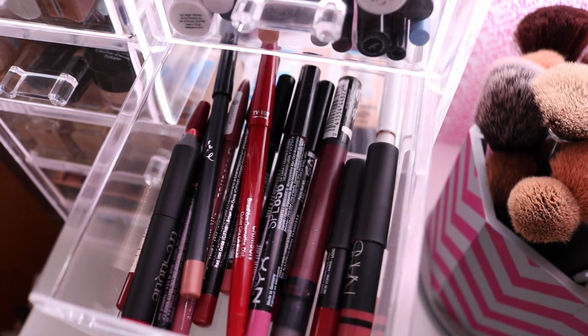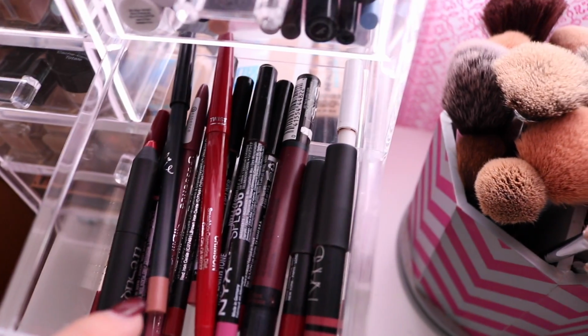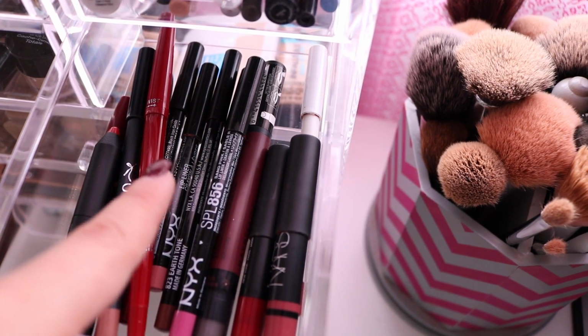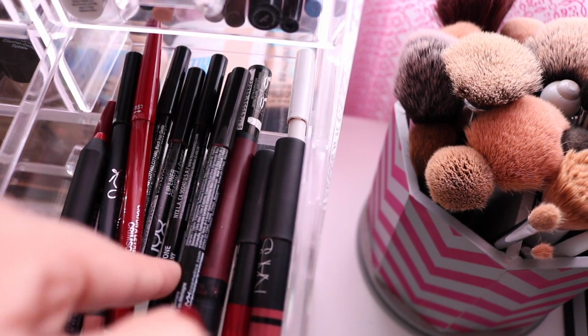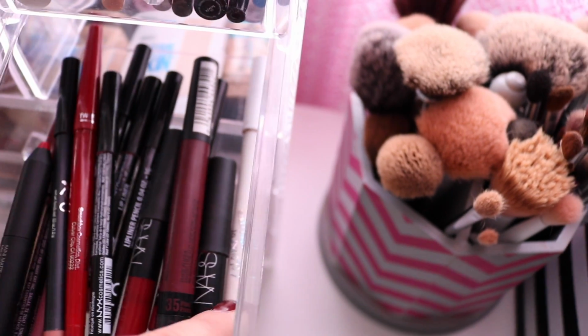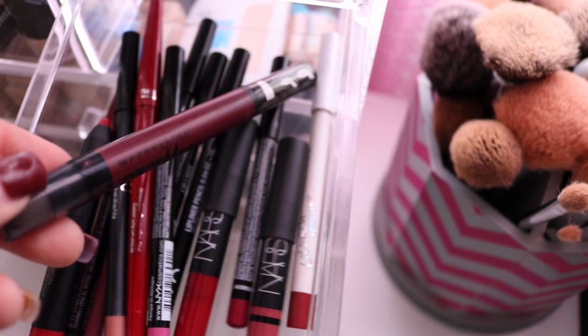And my last little drawer contains a bunch of lip liners, lip pencils, things like that. I have my Kylie lip pencil. This is a Smashbox Always Sharp, which is so awesome. I have a bunch of these NYX lip liners. These are definitely my favorite. I have NARS minis. I have a ColourPop lip liner, and I also want to give a huge shout out